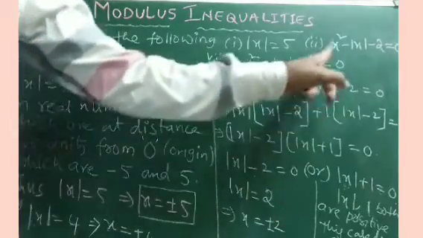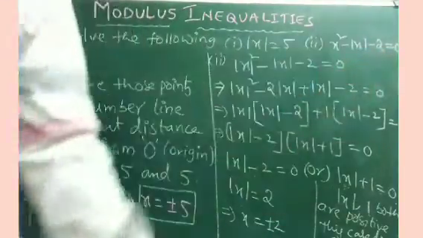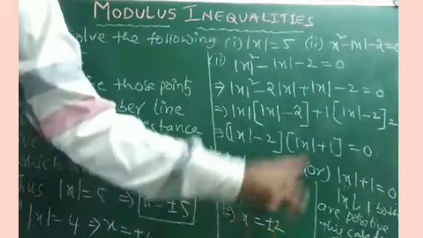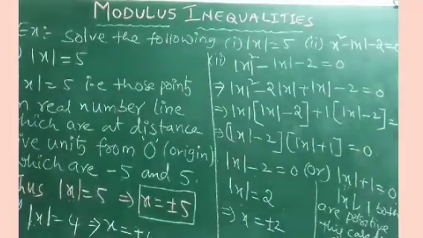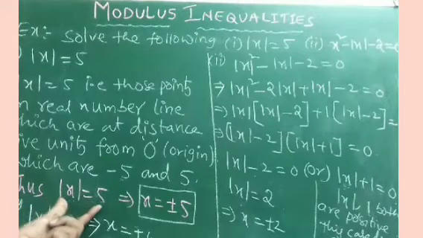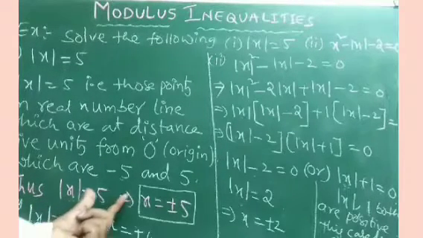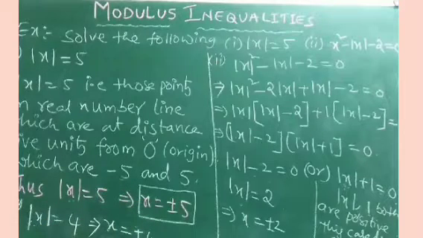If x is plus 2, then no doubt after substitution you are going to get 0. Even if x is minus 2, you are going to get 0. Right? So please remember that modulus of x is nothing but plus or minus x, isn't it? Plus x when x is greater than 0, minus x when x is less than 0, and which is 0 when x is equal to 0. That is what you need to remember.